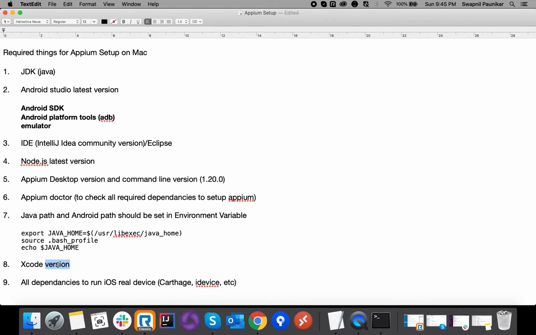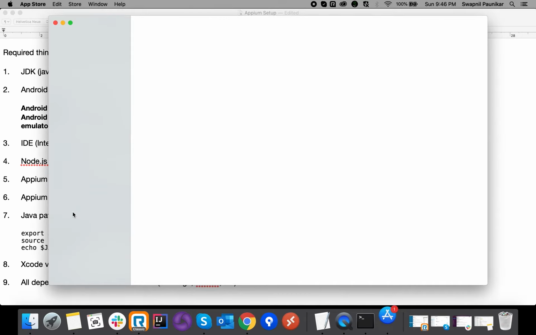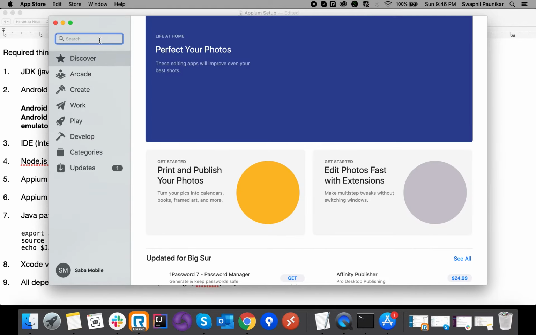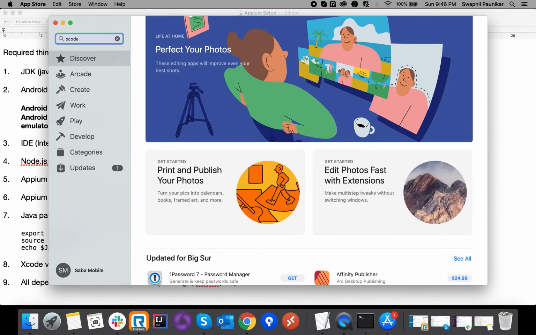Either you can go to this site, or you can go to the App Store and search for Xcode, and you will get it there. Or you can go to this site where you can download all releases, including the betas as well. If you click on releases you will see the supported releases, and if you click on all you will see the beta versions as well.